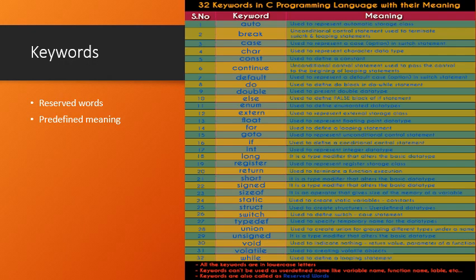So in the C programming language, the compiler associated with it has certain predefined words. We call them reserved words. What those words are is that they have a predefined meaning. Predefined means the meaning of that particular word is already defined in the compiler. That meaning cannot be changed by the programmer or the user when they use it in a program. Examples we will see.